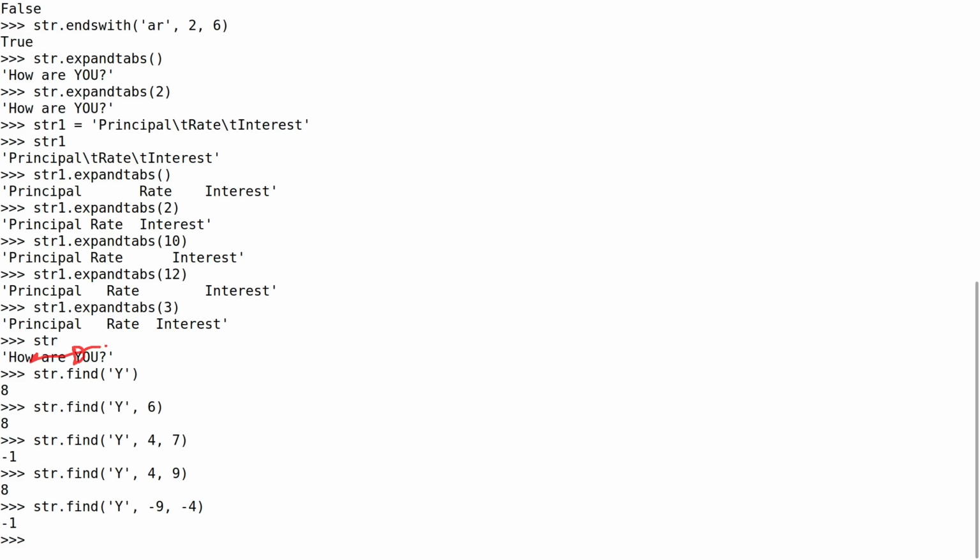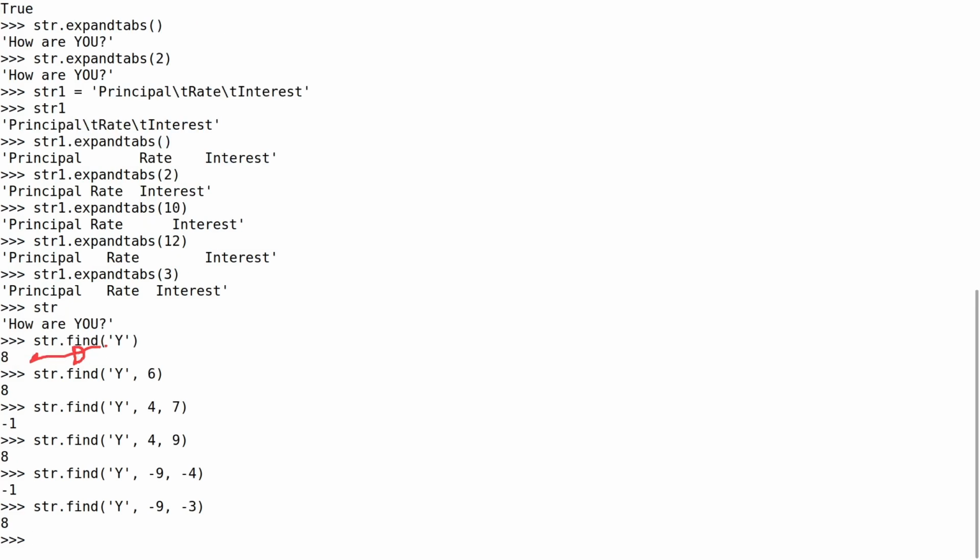Now if I say up to but not including -3, then it will say yes, and it will return the same index value, 8. Its position is 8. So default values for start and end are 0 and end of the string, but not including the last character. Okay, so these are the, in this session we studied 4